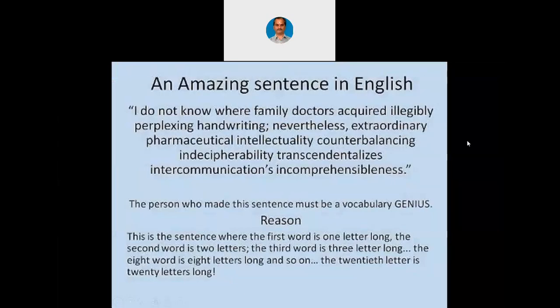Okay, you are seeing a slide now. Even though it seems funny as of now, I am showing you just to have some humor in the class as well. This is an amazing sentence in English.